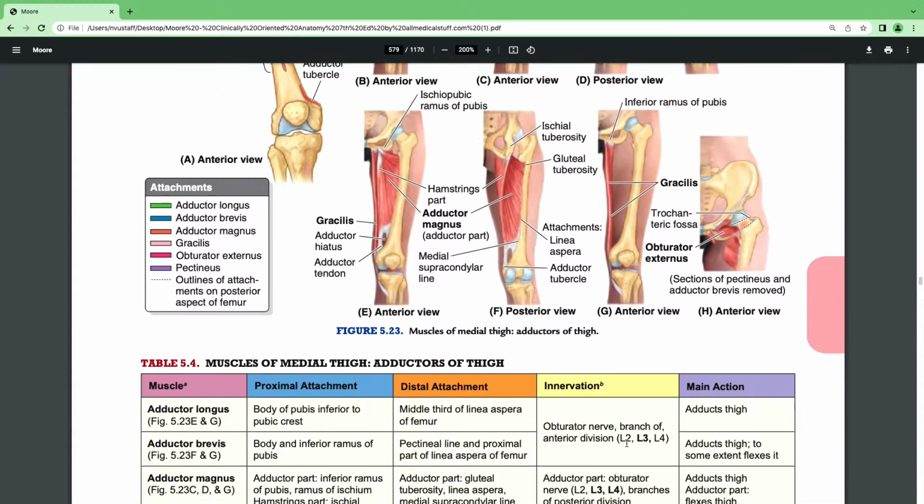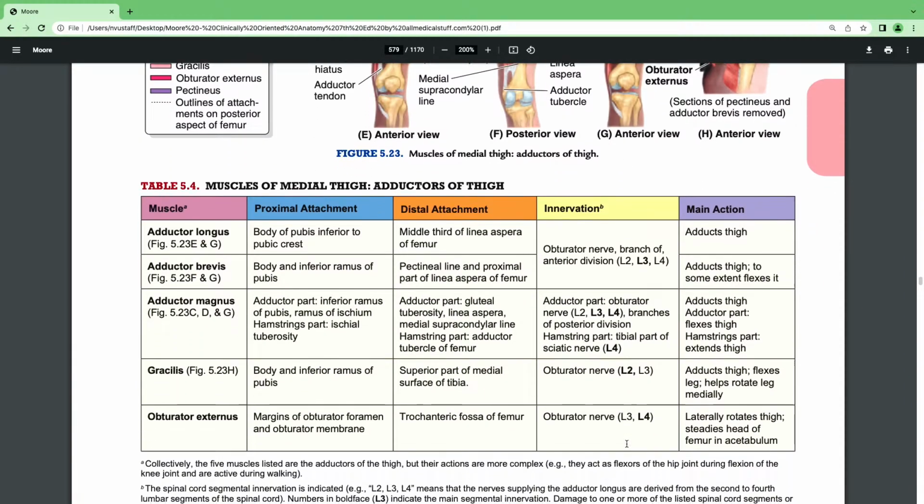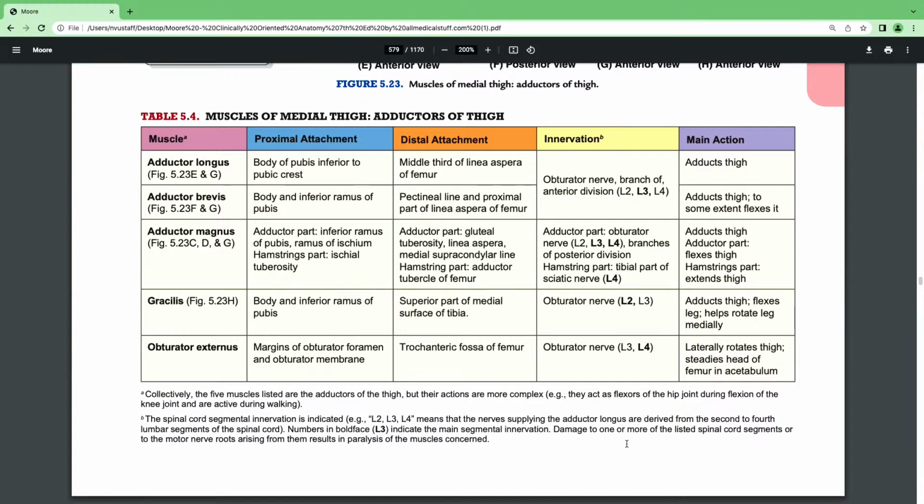Additionally, as we said, besides the anterior and posterior compartment, we do have the compartment which is medial, so the medial compartment of the thigh. And here we do have part of the adductors, and I do believe it's also logical, because when we say about a particular compartment in anatomical position, we need to think about where exactly it is moving or how it is moving, simply to say. So that's why here we do have several types of muscles, which are having a very simple type of the